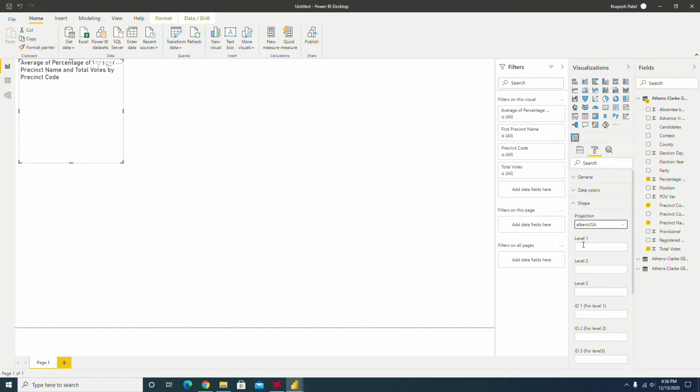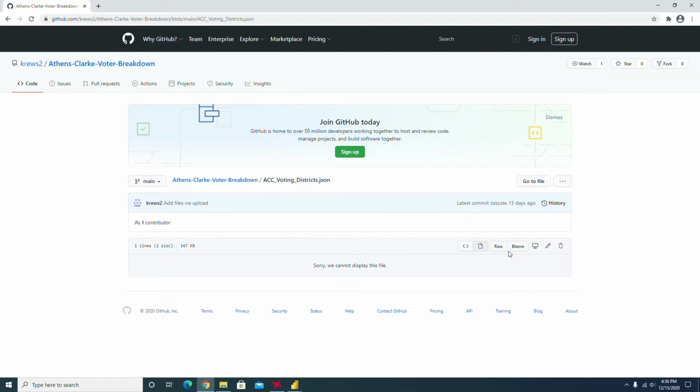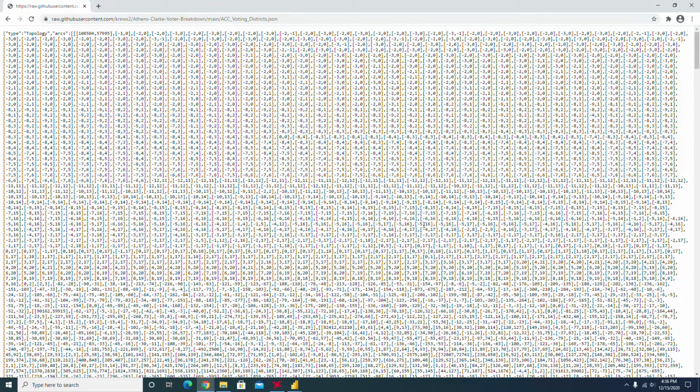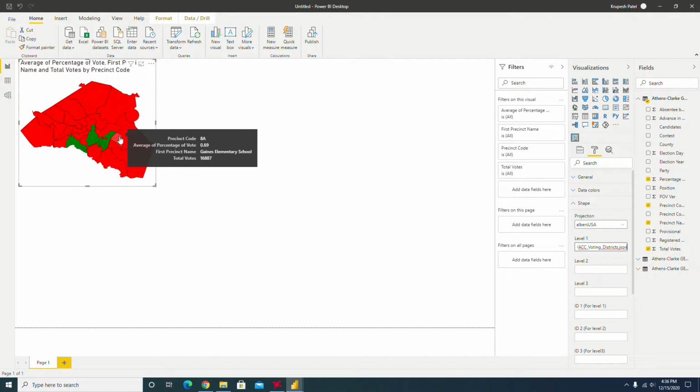Now to get the link for the Athens-Clarke County JSON file, you just navigate to my GitHub page, click on the JSON file that has been uploaded. Click the raw button and then just copy and paste this link into the space right here, level 1 for Power BI. And as we can see, the map has populated with the precinct information